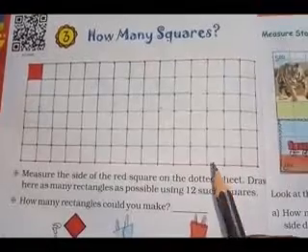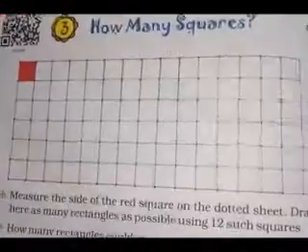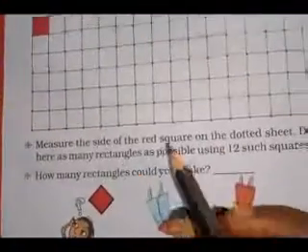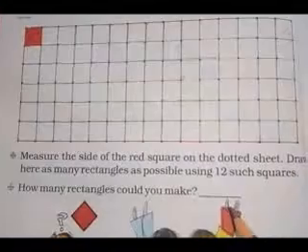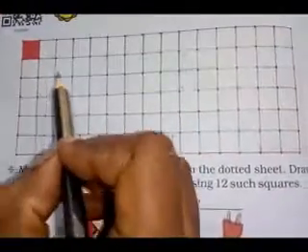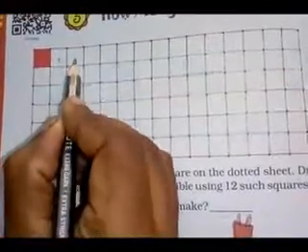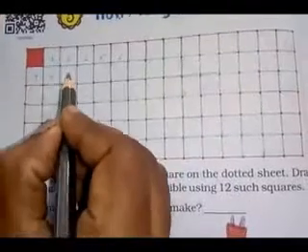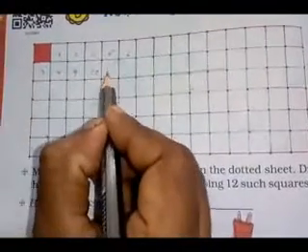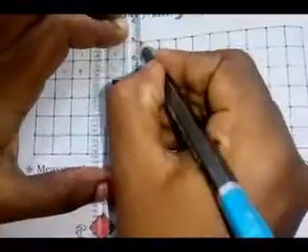Now see the picture. Here we now have many squares. Using these squares we can draw a rectangle also. Here is one condition, making 12 squares. Using 12 squares we have to make a rectangle. Shall we do it? Here this is 1, 2, 3, 4, 5, 6. Then 7, 8, 9, 10, 11, 12. Using this we have to make a rectangle.